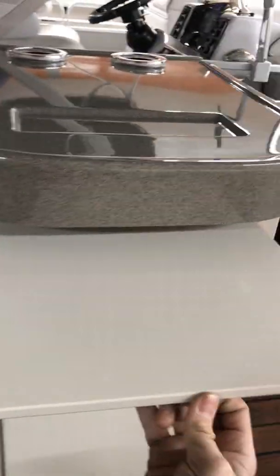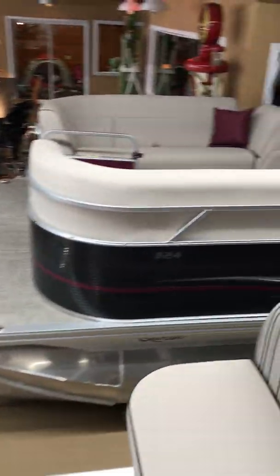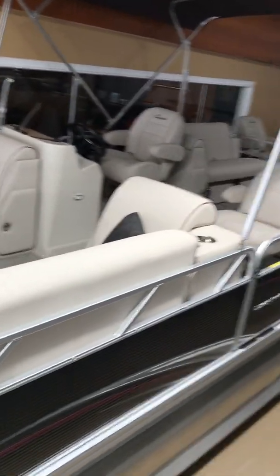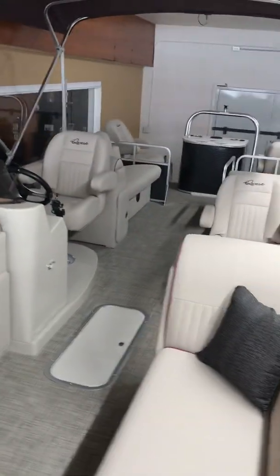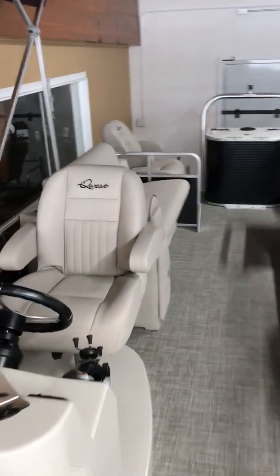Right next to it is a 24 foot, this is an RLS fishtail. So it's just a 24 foot, less expensive than the Avantes, but again a fishtail. This one that Devin's in, this executive bar, we're going to have one at the Seattle Boat Show that's already sold, and